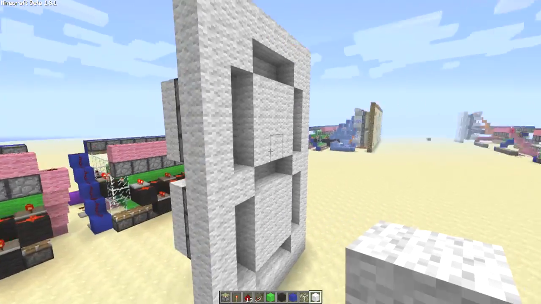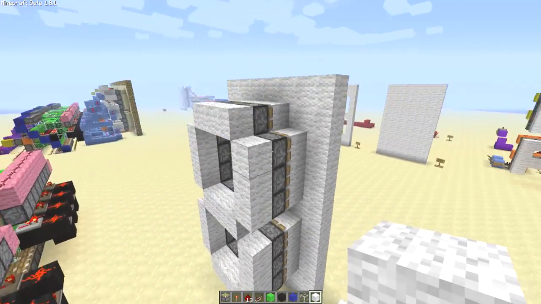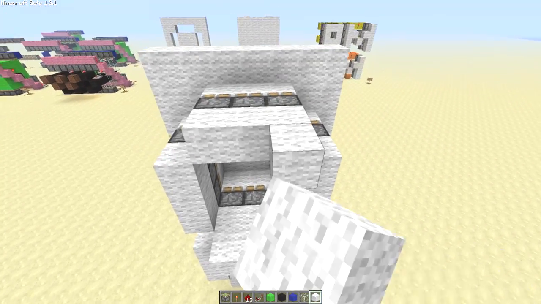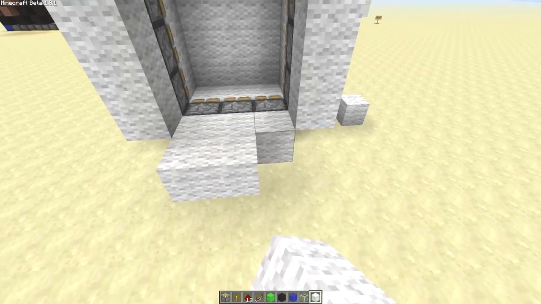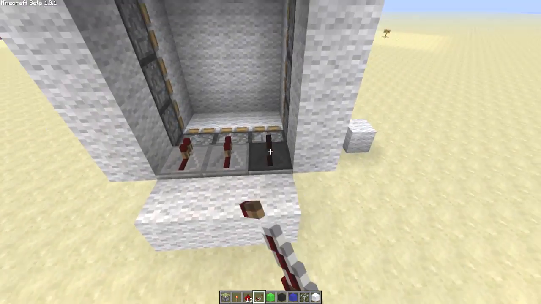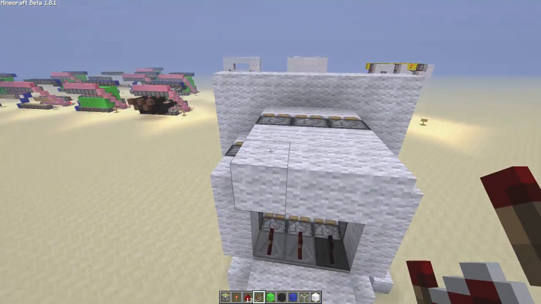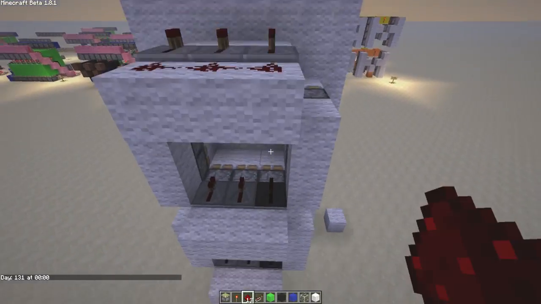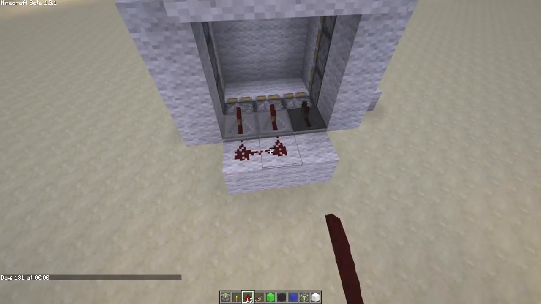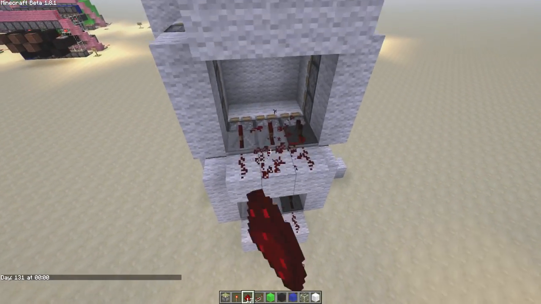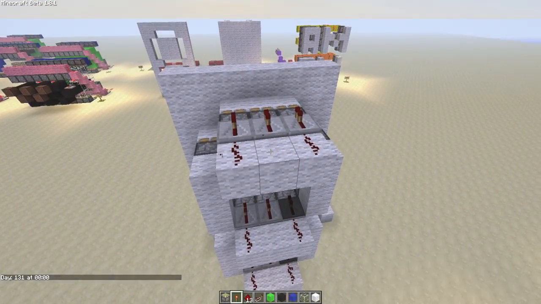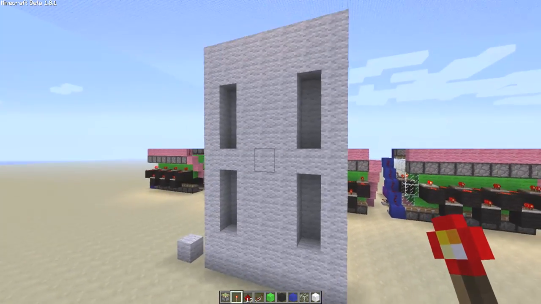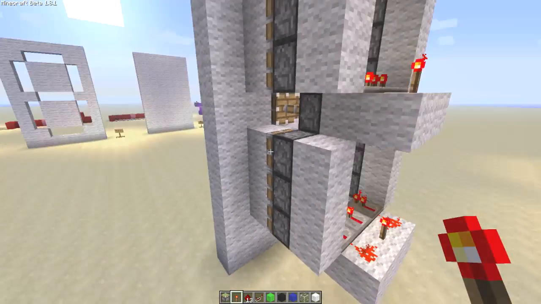So once you've done that, you've now got to independently power each set of 3 pistons, and we'll start with the middle ones. So the first thing you want to do is just build out 3 blocks like that, and then repeaters in there, repeaters in there, repeaters in there, and then redstone dust like that. In fact, you can cut out the middle, and you're just going to put a redstone torch there so it powers all 3. So those should be pushed out in the middle there,